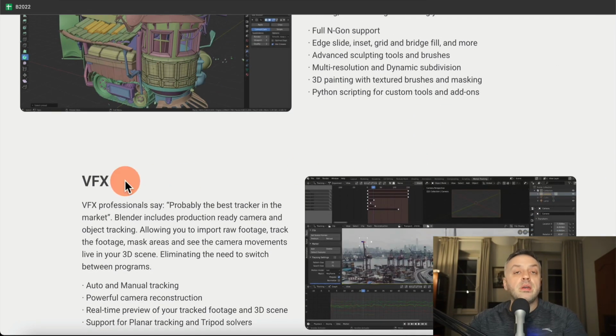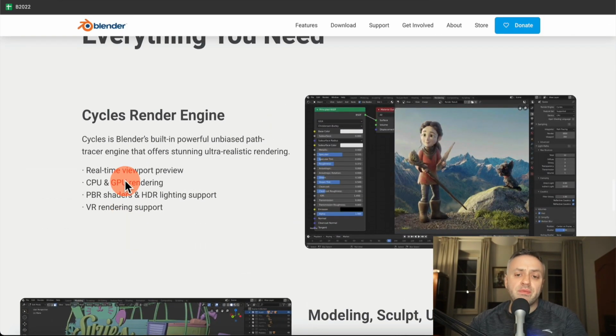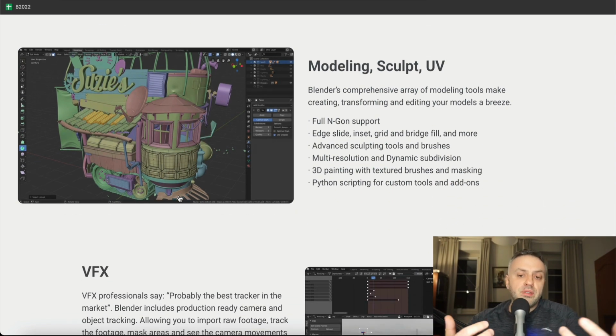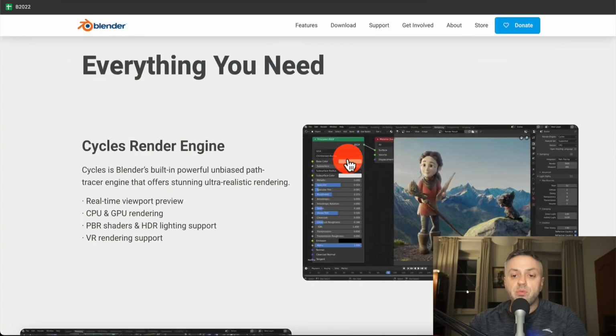So I have no idea what all of these terms are, right? I'm not a 3D specialist. I'm not a 3D expert. But essentially what I've gotten from this, and I only saw Blender once before, so I'm not exactly an expert, what I understand it does is it allows you to create some kind of 3D animation, 3D scenes, 3D views, stuff like that.